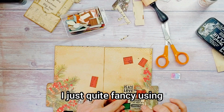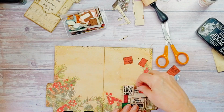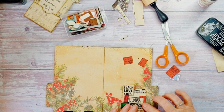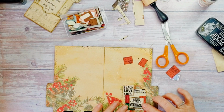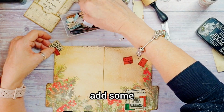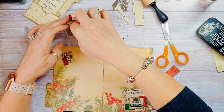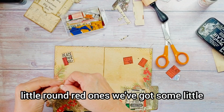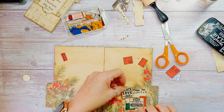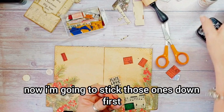Just quite fancy using some smaller, and some little round red ones. We've got some little round red ones here. No, I'm going to stick those ones down first, and then we'll have a,